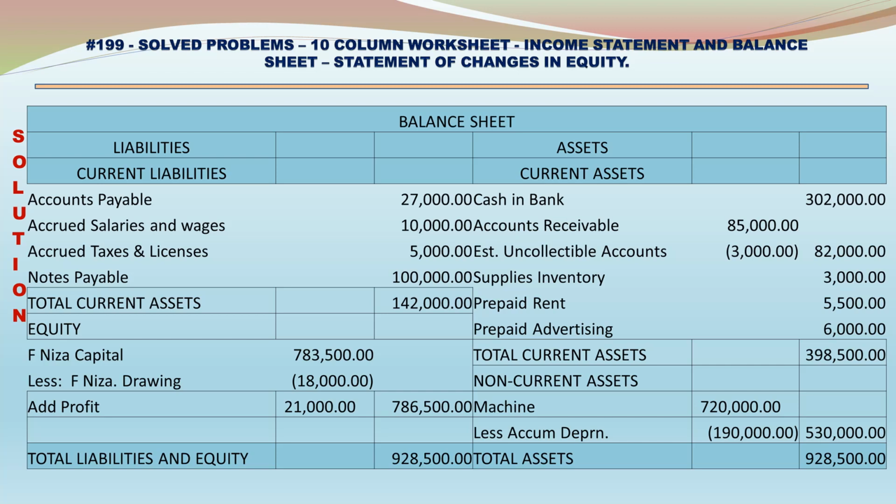928,500. On the liability side, current liabilities, accounts payable 27,000, accrued salaries and wages 10,000, accrued taxes and licenses 5,000, notes payable 100,000, total current liabilities 142,000, equity FNIJA capital 783,500, FNIJA drawings 18,000 less, add profit 21,000, total equity 786,500, total liabilities and equity